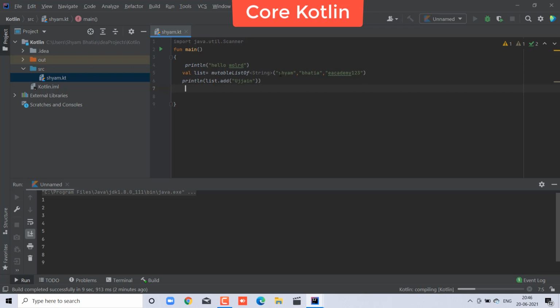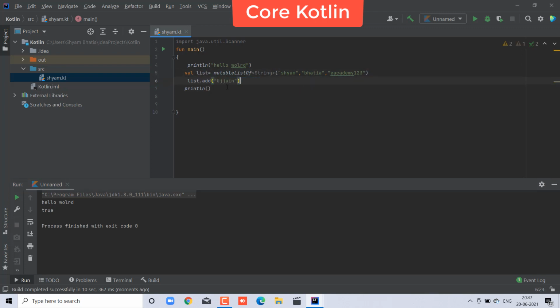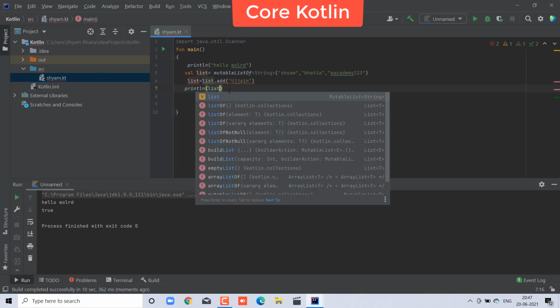So your list operation will be performed like that, and it is a very easy and funny way you can do it, because it is a mutable thing. So yes, please keep it, and here your output will come. So hello world and true, because it is true. Print ln, it returns true. So this value, Control X and put it here, and you can store it,